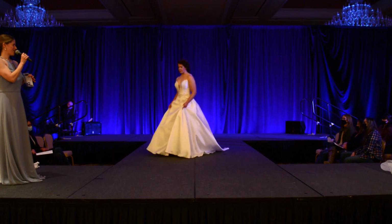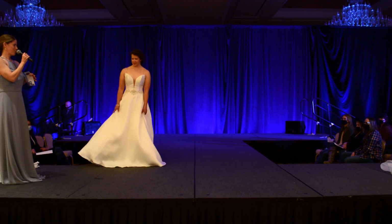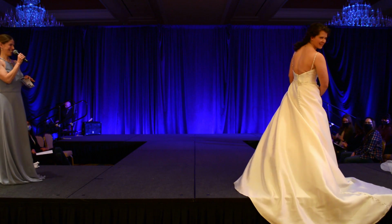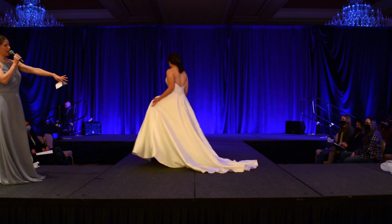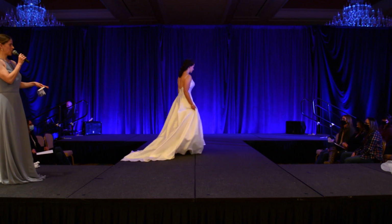And this one is so much fun. We had fun trying this one on yesterday. So this clearly is the traditional ball gown. This is a satin gown. This one also has pockets, which is nice. Yeah. The train does a lovely sweep, as you can tell. Fabric covered buttons all the way to the back. The nice thing about it not being so embellished on the train is that if you wanted to shorten your